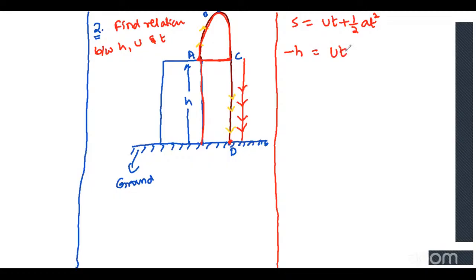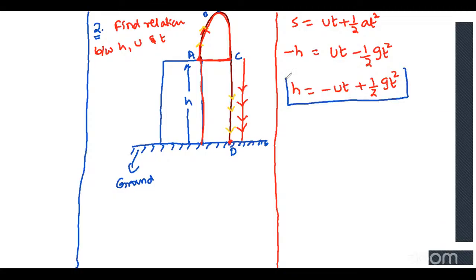Since it is projected upwards, a equal to minus g. So multiply by minus sign on both sides. That is h equals minus ut plus half gt square. This is the formula we use when the body is projected